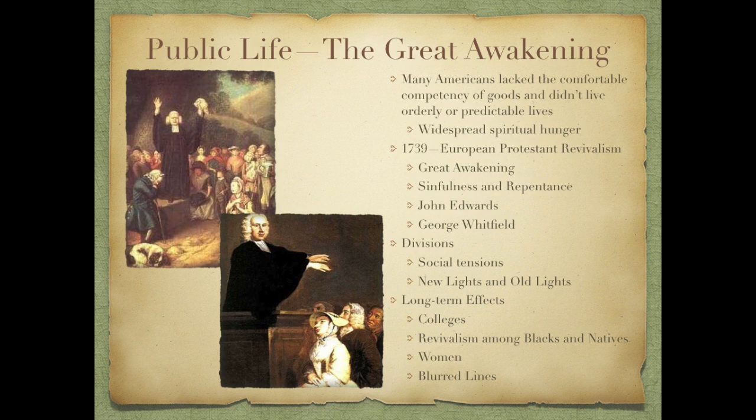And the split was especially bitter in places like Massachusetts and Connecticut, where the church there was established by law. It denied the legal status of new revivalist churches, meaning that Old Light churches were collecting the taxes from New Light church members. Connecticut even went so far as to pass laws that forbade preaching or conducting marriages and expelled New Lights from the legislature. The Great Awakening peaked in 1742,